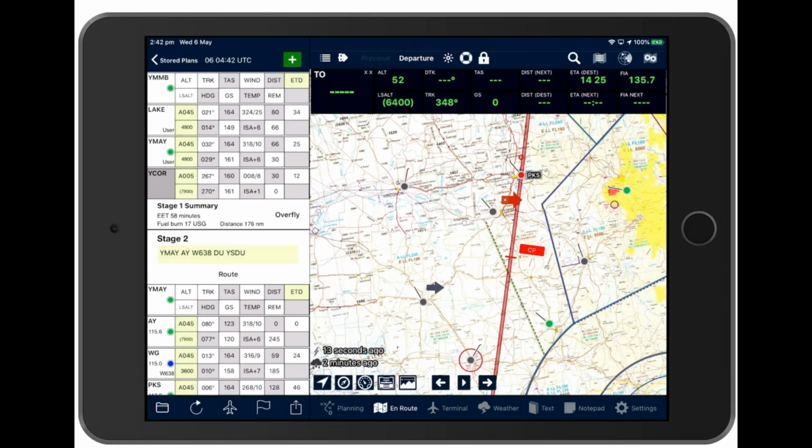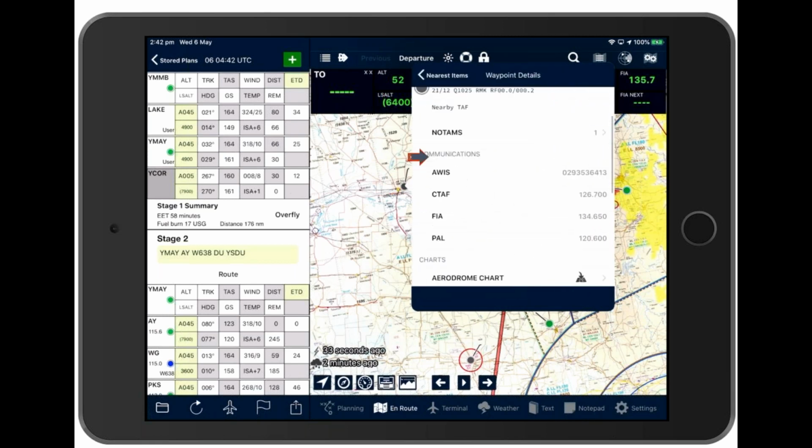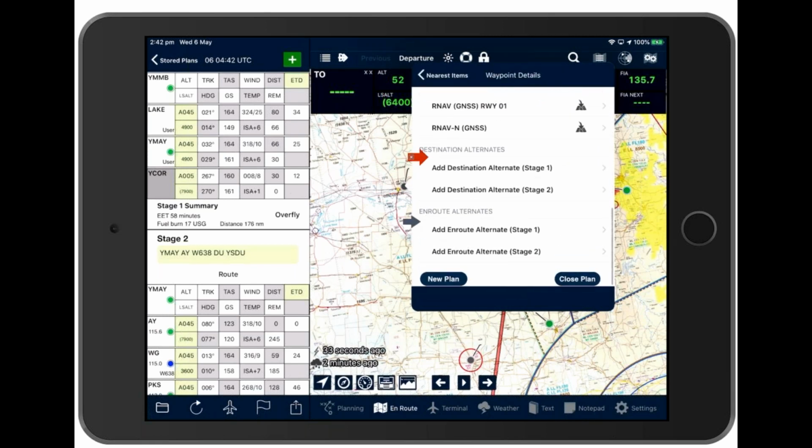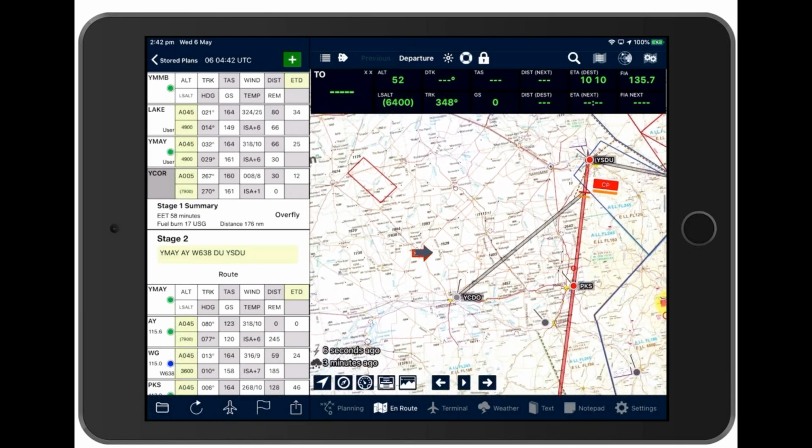So for those that fly twins and so on, I might want to create En route Alternates. They're depicted in our plan, and they'll alter things around the critical point calculations. So for example, to do that for stage 2, let's bring up Condobolin as an En route alternate for stage 2. Again, scroll down to the bottom, add En route alternate stage 2. And that affects the